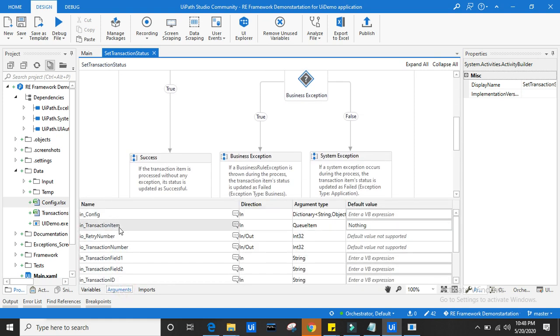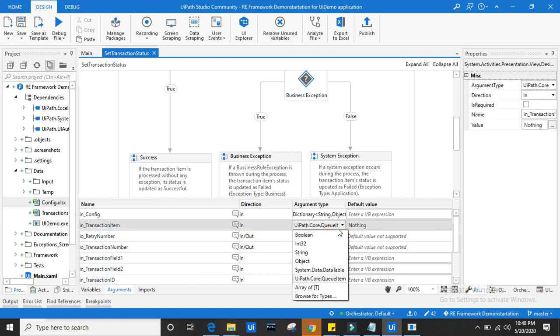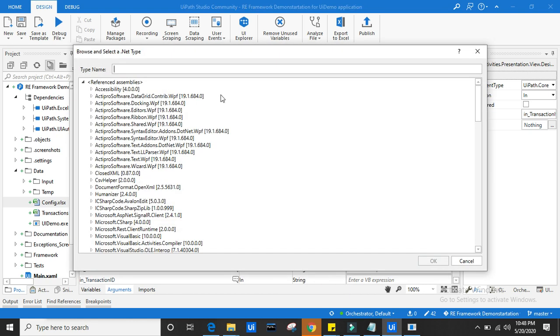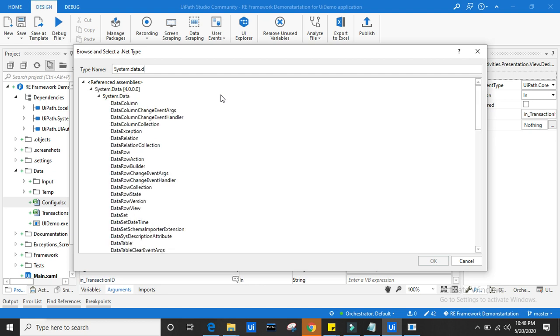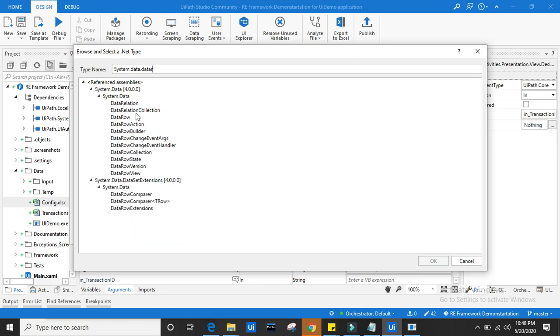See here, the transaction item should be System.Data.DataRow. Now I think it should work.